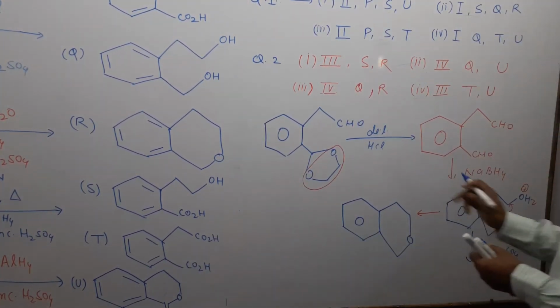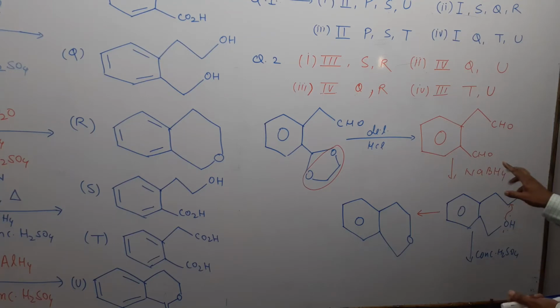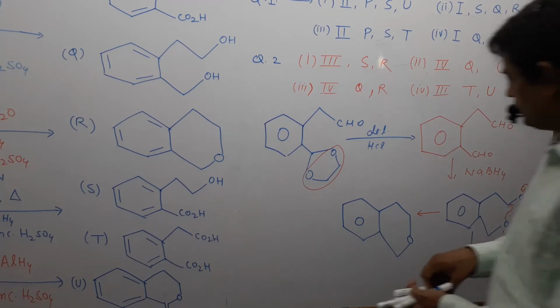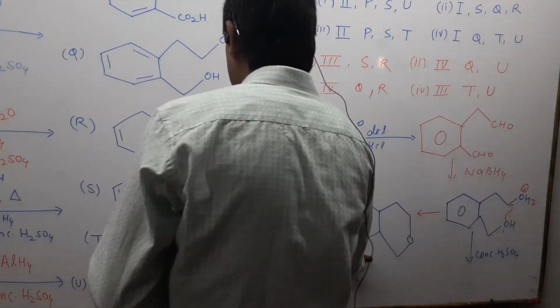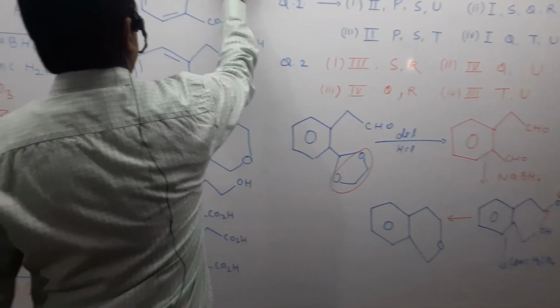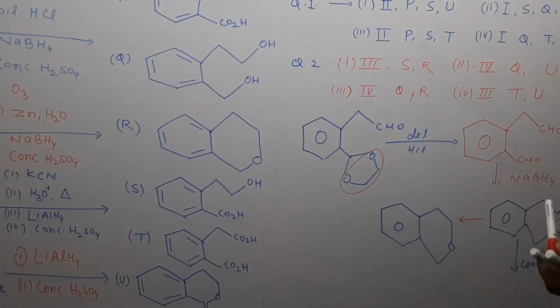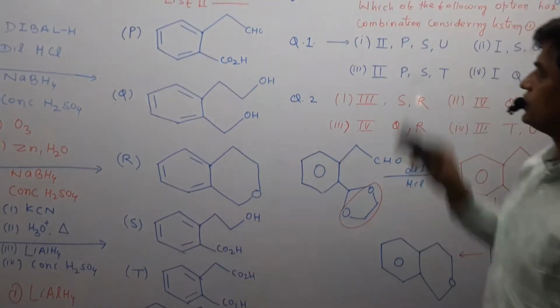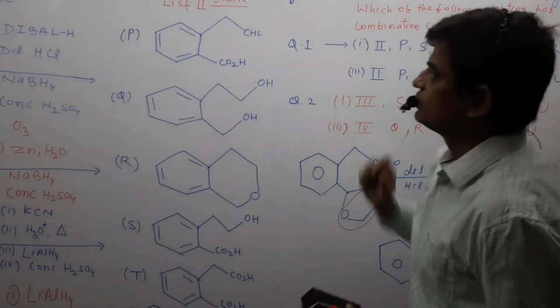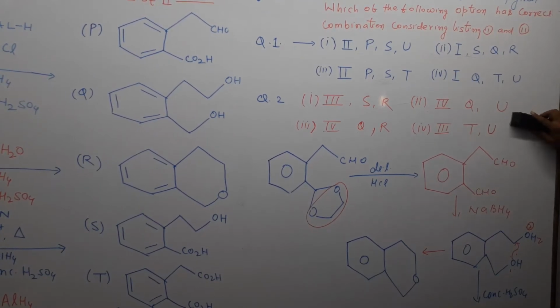Which one will lie among all these intermediates and final products? So here is there any P? No, there is no P. Just see this one. This one is Q in list 1, and this one is R. So Q and R will be the answer. I am writing this so that we can get the answer easily and there is no confusion while solving the question. So now see, I am erasing all these.